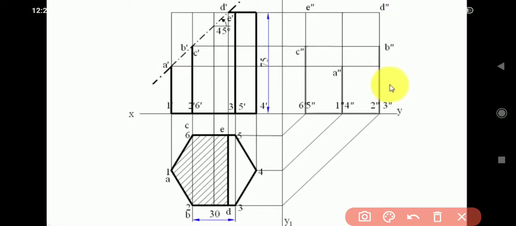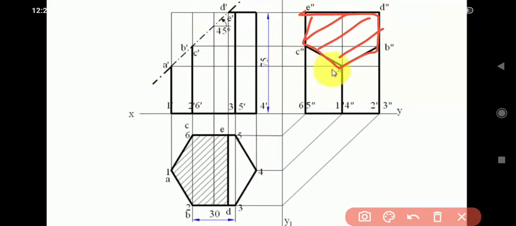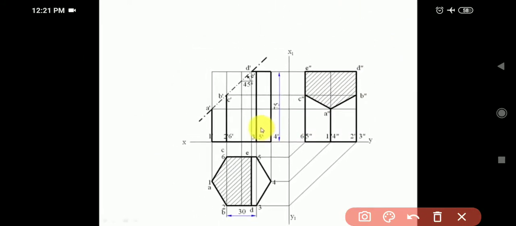Below this line, those points are dark lines from the side view. So these are the dark lines from the side view. Similarly this is the cut portion, and that cut portion needs to be hatched, so that it gives the sectional side view. Without hatching you cannot say that it is a sectional view. So by hatching only it is understood that it is the sectional view.